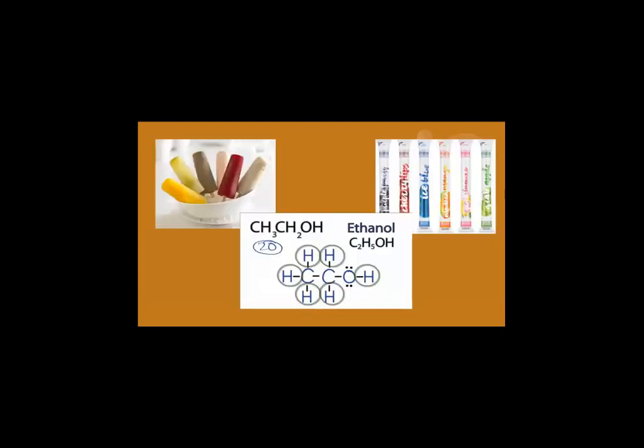Next, we can move on to the functional group of adult ice pops. This again refers to chemistry, and within adult ice pops, as you can see here as a seltzer pop, adult ice pops have a unique functional group. Ethanol is the only alcohol that is safe for consumption, and its chemical formula is CH3CH2OH as shown. It is comprised of the functional group hydroxyl, or negative OH, and hydroxyl is a hydrogen atom that is covalently bonded to an oxygen, which is then bonded to the rest of the molecule. So now you know whenever you consume an adult ice pop, assuming you are the age, what exactly it is made up of.